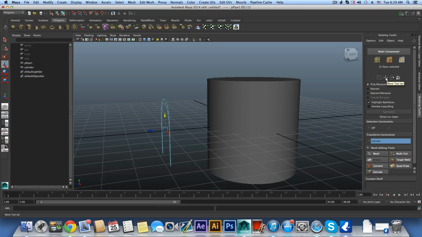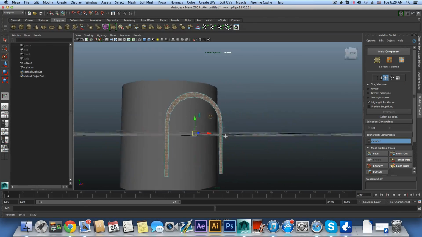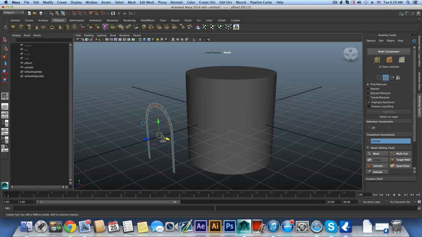Okay, this move tool option is not the same as this one here, it's a little bit different, so click on it and then you will see you have the same gizmo, but this time you also have those three circles. Okay, so this is not important right now. What's important is that you grab this arrow here in this axis and push this polypipe over your cylinder like that. Okay, and as you can see,